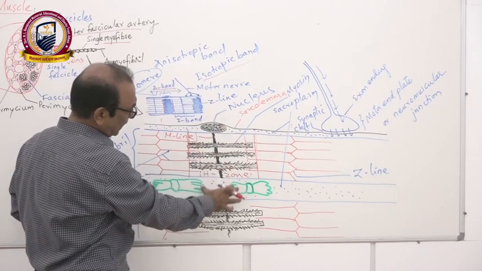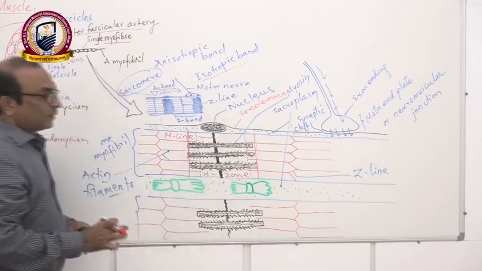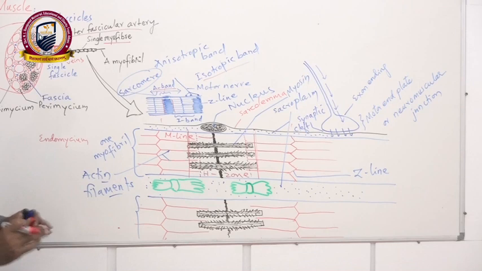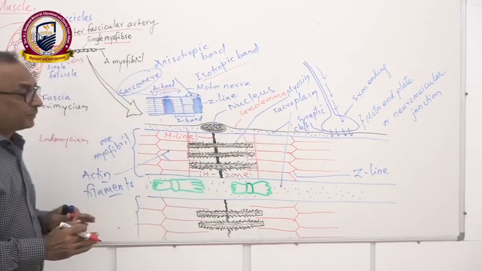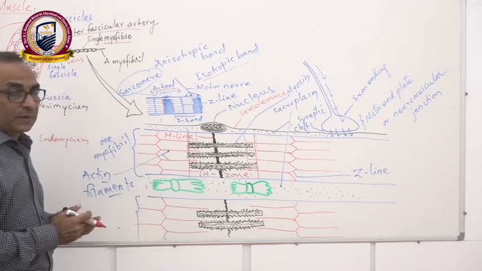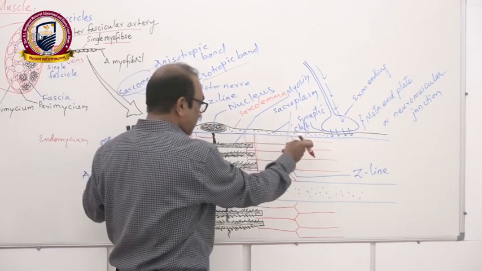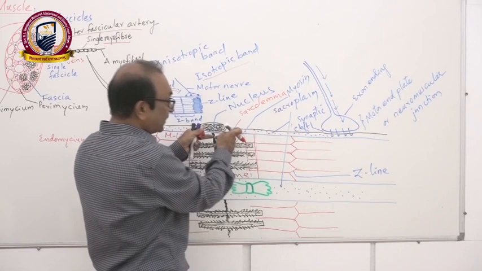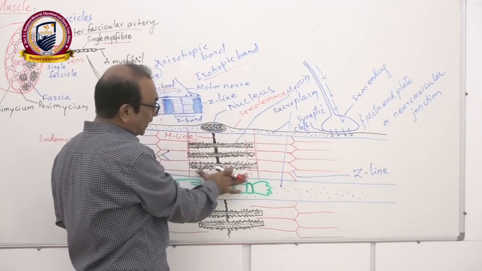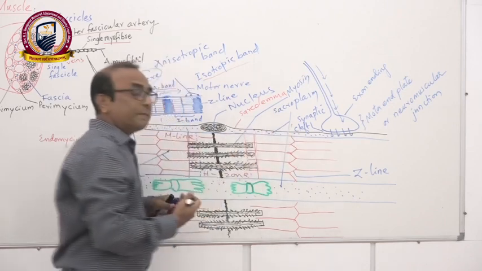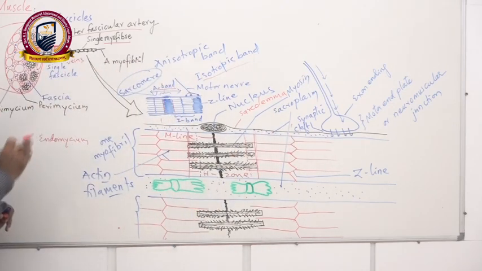So the A band, the I band on either side, the M line, then this H zone, the only-myosin zone, when the muscle is in a relaxed state. Remember, not contracted. Because when the muscle contracts, the actin filaments move inward completely, so completely the myosins get overlapped by the actins. So this is in a relaxed state.